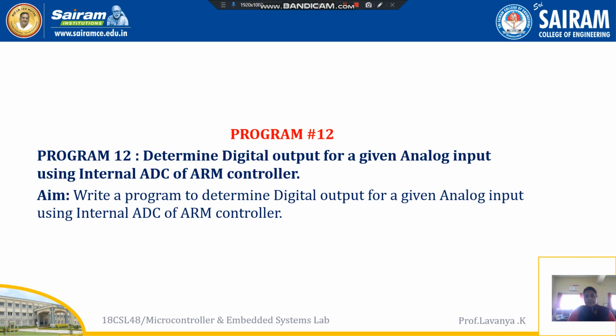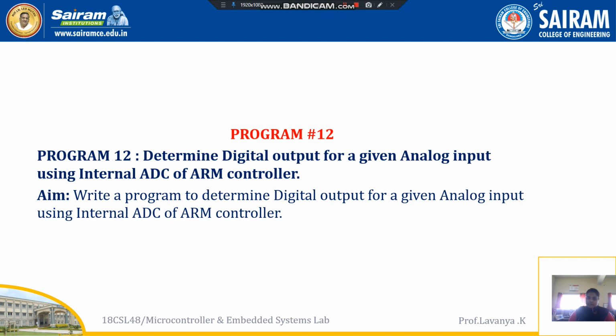Before the ADC connection table, there are two types of ADC, that is ADC 0 and ADC 1. ADC 0 initially contains 6 analog inputs, and ADC 1 contains 8 analog inputs. Basically, for our ADC there will be transmit and receive, which means we are supposed to use two ports here: a transmit port and a receive port.